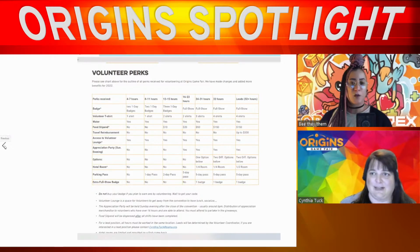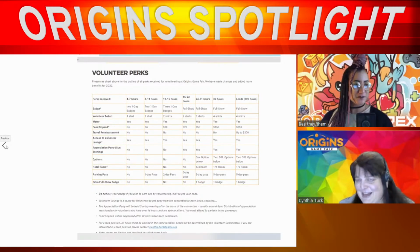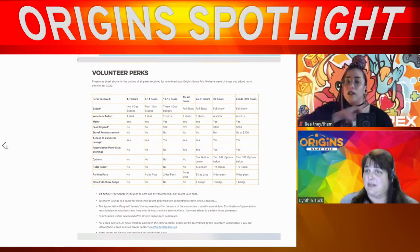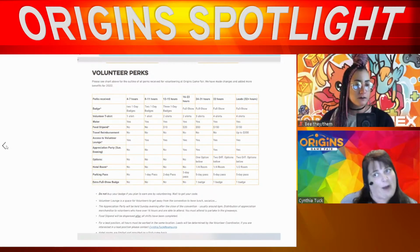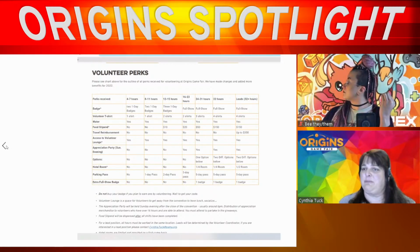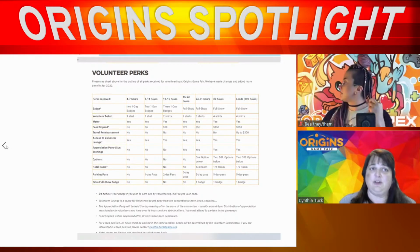Here's where the perks are. So this is the stuff that we want to see. We're going to sit here for just a second. But you sign up for as many shifts as you want to. When you're done signing up for the shifts, eventually, probably in the next 2 weeks, I'll start going in and assigning people and approving shifts. When your shifts are approved, you will get